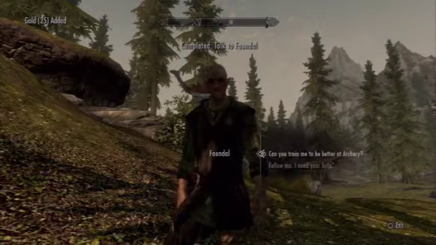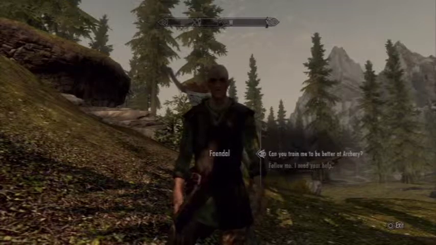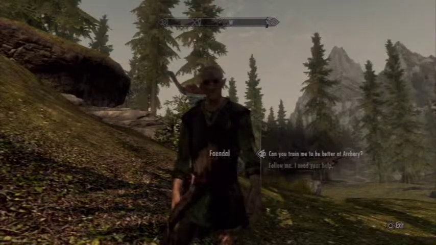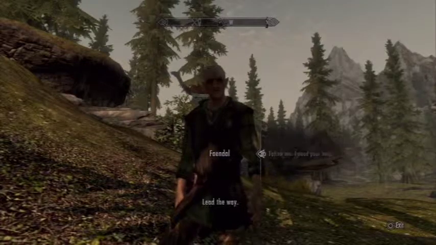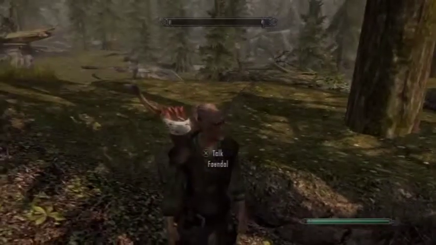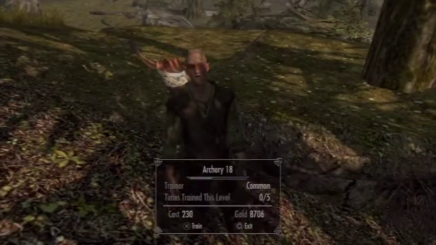Alright, there's actually a neat trick you can do here. Faendal is a teacher. He can teach you archery. But he's also unique, as in he's also a follower. So if you do this, lead the way, he'll follow you. He's now your follower. But if you still talk to him, he can teach you archery. I'll show you what I know. So let's